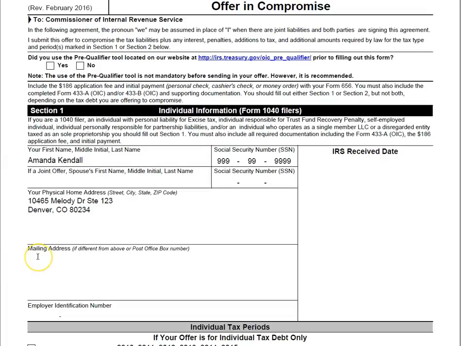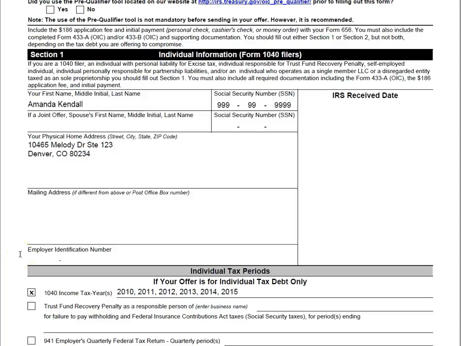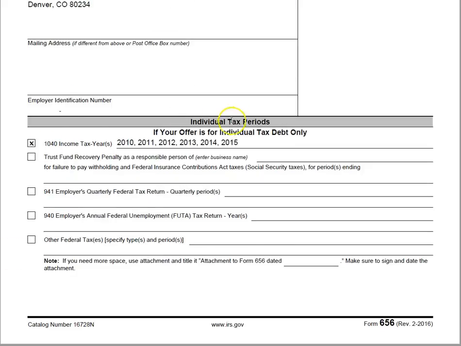Now if you have a different mailing address, a post office box, or anything else, or you get mail somewhere else because you work out of town or something, then you'll want to put in your mailing address here as well. If you have an employer identification number as a sole proprietor, then you want to go ahead and put that here as well. And then down here, we're going to mark the individual tax periods if your offer is for individual